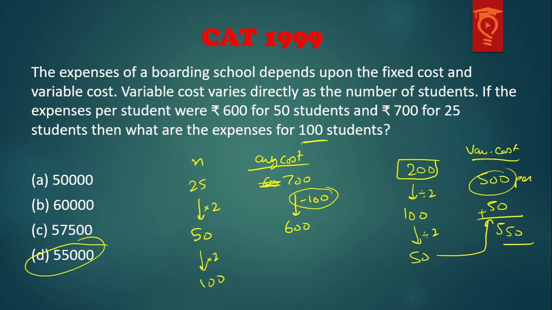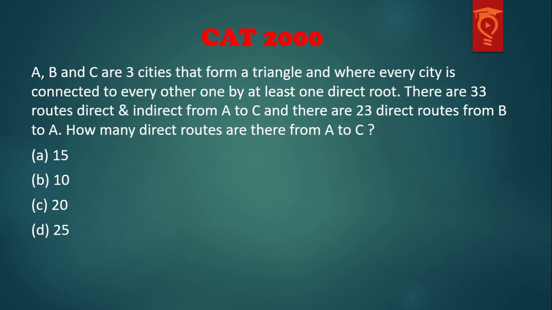Moving on to the next question, CAT 2000. Before doing this question, I just want to tell you that suppose there are 3 cities X, Y and Z, different from this question, just trying to tell you the solution. So suppose there are 2 routes from X to Y and there are 3 routes from Y to Z. What will you do to find the number of routes from X to Z? You will multiply, right? And you will say there are 6 routes and you can count the 6 routes. 1, 2, 3, 4, 5, 6. So you can literally count that there are 6 routes, and if the counting takes a lot of time, then you just multiply.